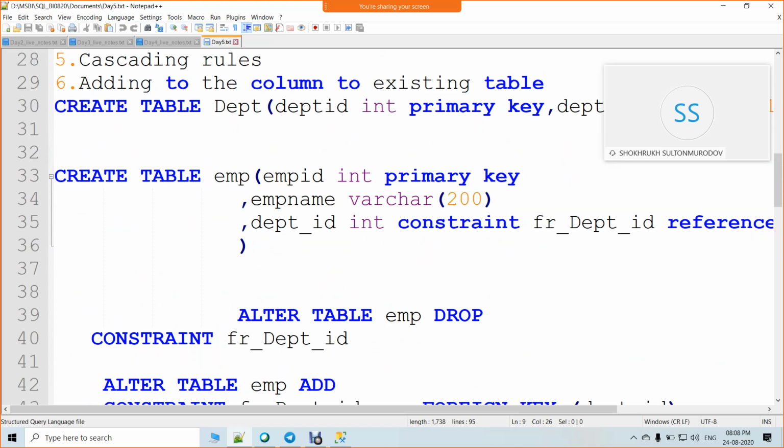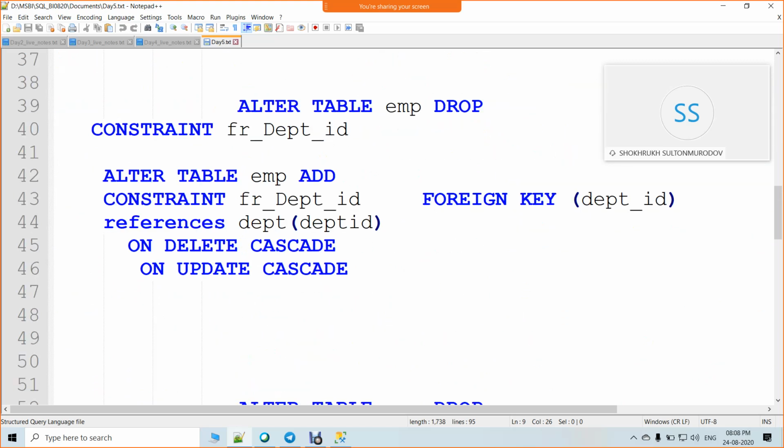And when we use cascade, for example, in this row, foreign key applied on department ID over here, and after that we used cascade function. It means we declined foreign key in this condition.